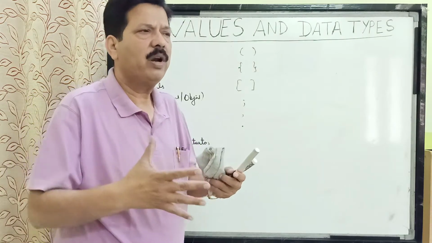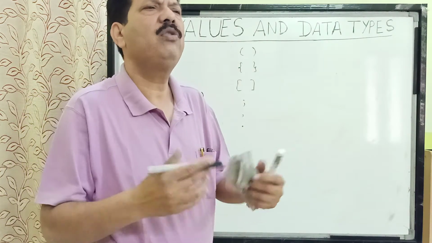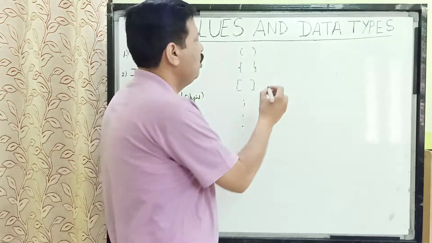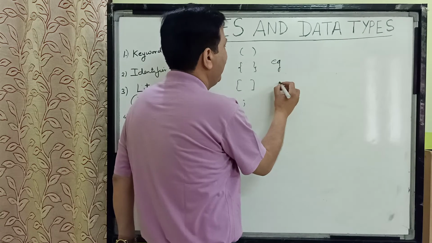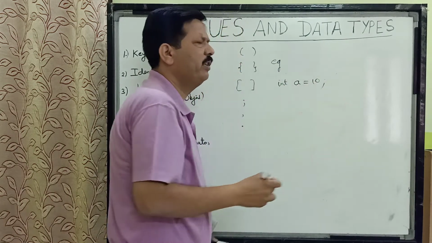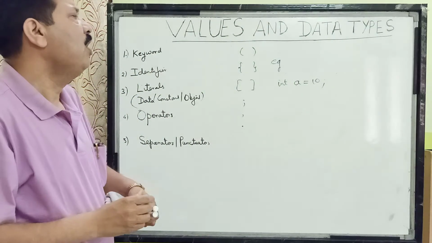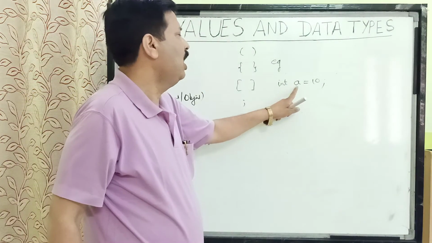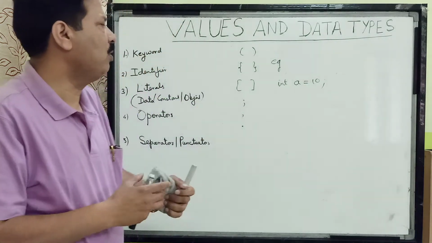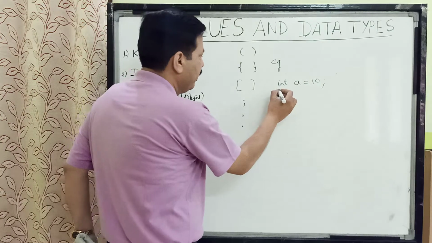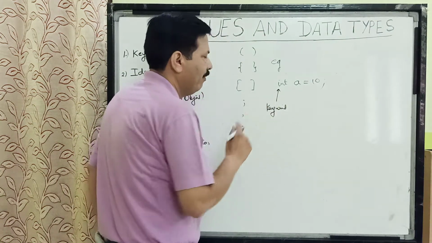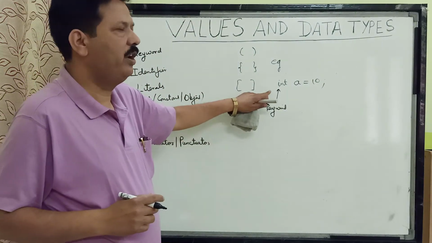Now children, when you write a small Java program or a small Java statement, it is made up of a collection of tokens. I'll just show you an example. In Java we write int a is equal to 10. This is the smallest statement which you can write, where I have taken a variable a of type integer and I am assigning the value 10 to it. Now if I want to classify them as tokens, this int will come under the category of keyword because it is a reserved word. So int is a keyword.